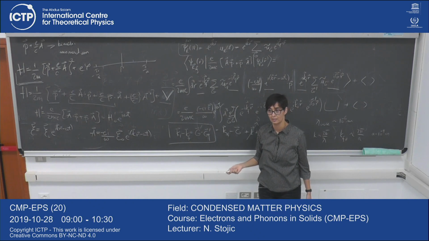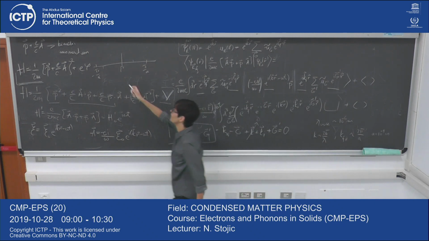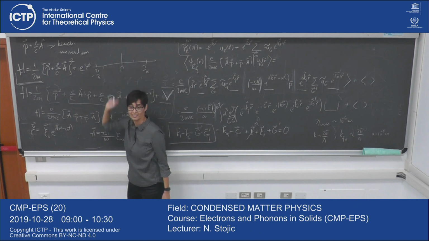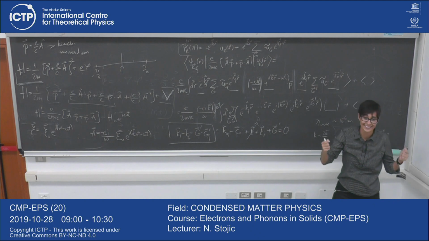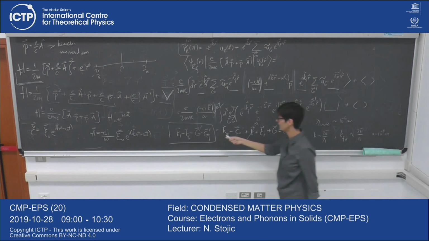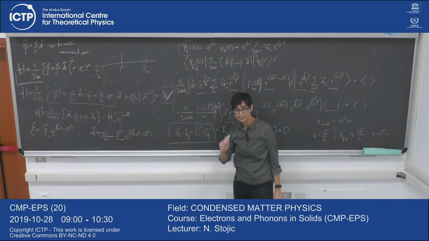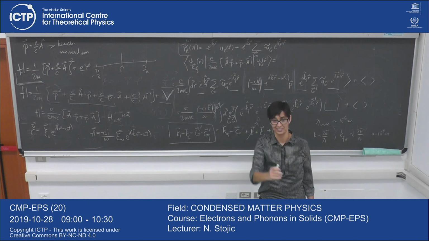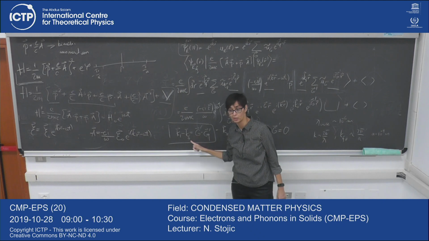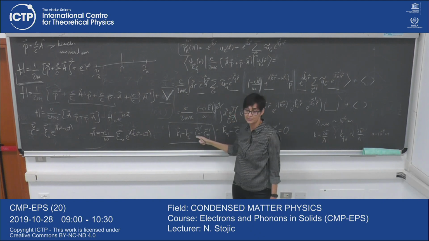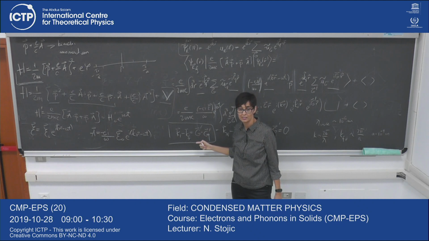Is it possible? So they should just move from one edge to the other edge, is it? That could be a solution, but ki can be anywhere. It cannot be that you have transition only at the edge. But G minus G prime should be 0? I said the smallest G is 2 pi over a, but if they are both the same, it's 0. And that means that ki should be equal to kf.